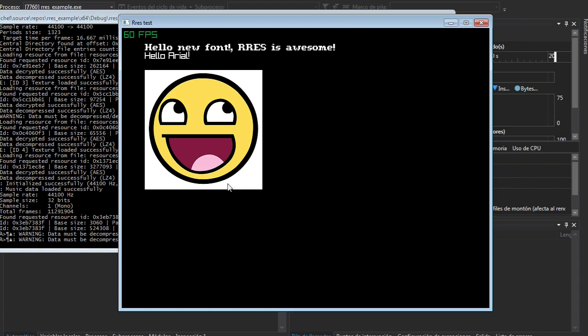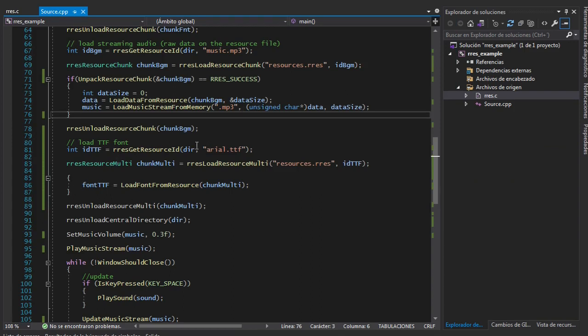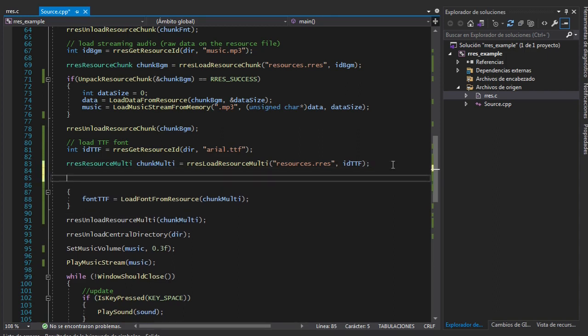Good, there's a font, there's a texture, and there's the music and the sound. Perfect. We just are missing the true type fonts, and we will fix that. Now I left off the TTF font to the last bit because what we need to do is a little bit different, and we need to check according to the documentation. The chunk multi has a lot of chunks, so we need to unpack each chunk inside it individually,